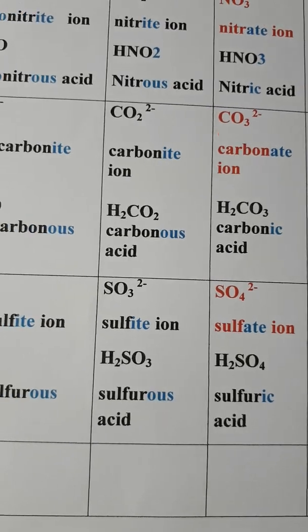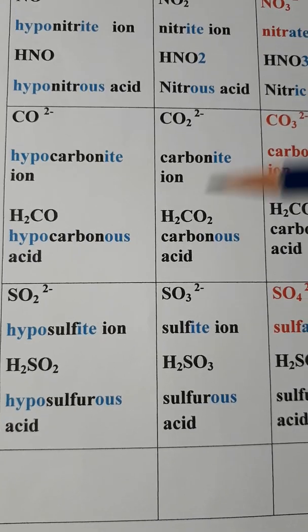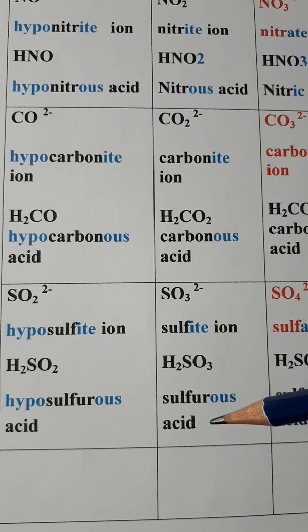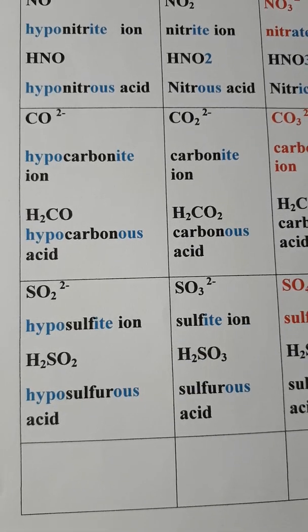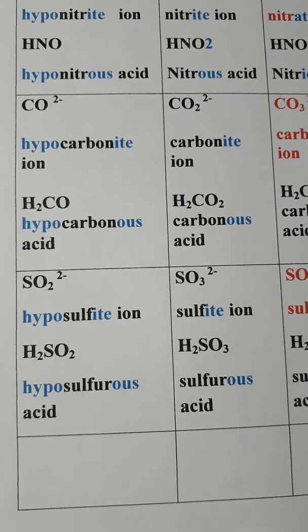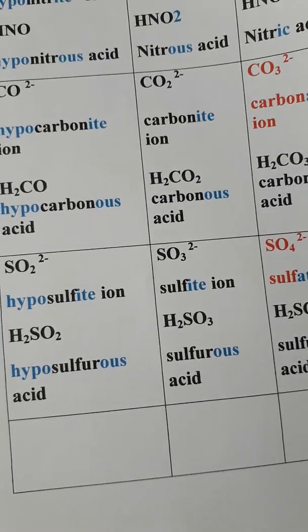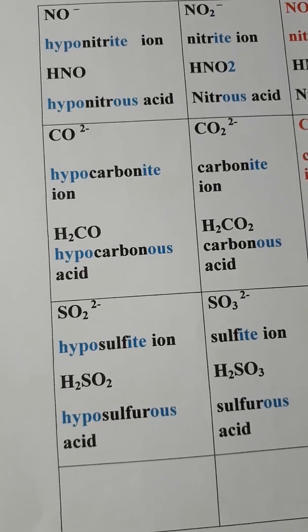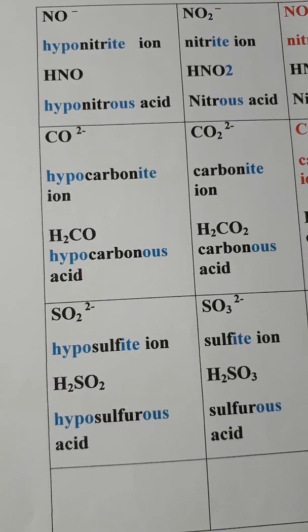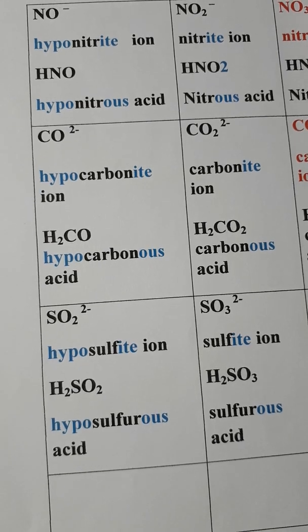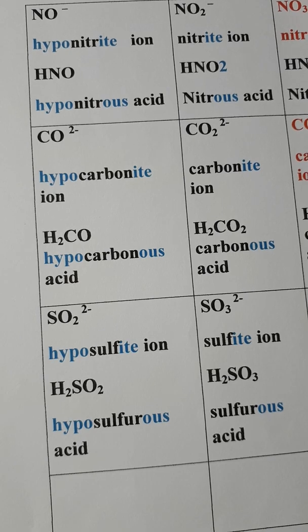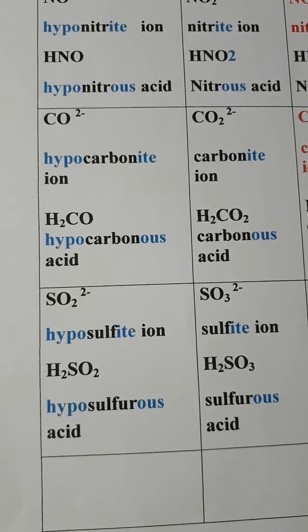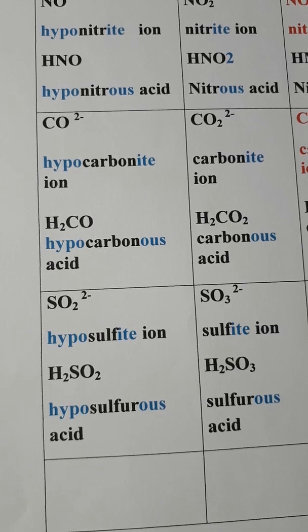To the left of that red color column, sulfite ion becomes sulfurous acid. And the next one is hyposulfurous acid. So it is very worth it if you can go through this one more time and be familiar with this pattern. Actually, when I was in my grade 12, I didn't know about this pattern. So suddenly our teacher said this is carbonous acid, this is percarbonic acid. So we were confused because there was no pattern, there were no charts like this. So with this chart, it is very easy to remember.